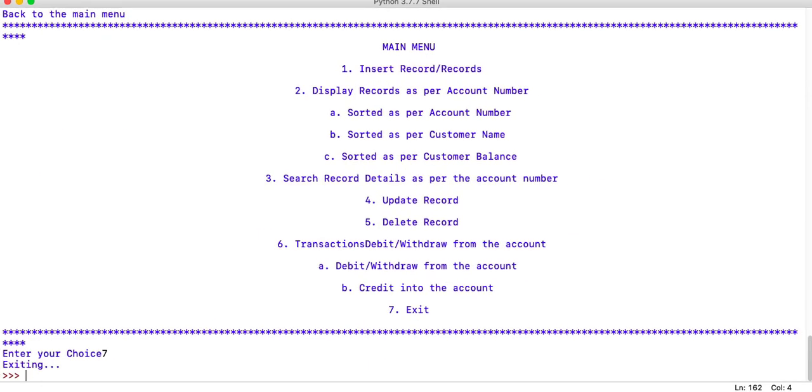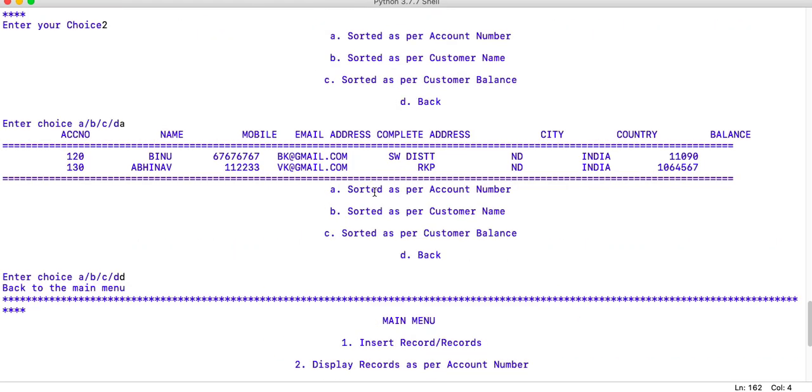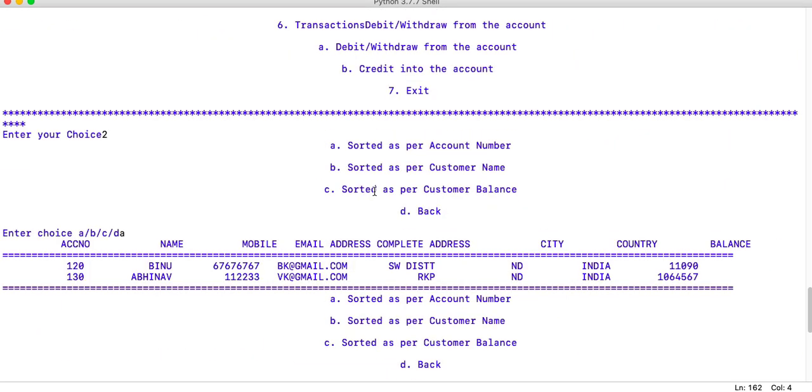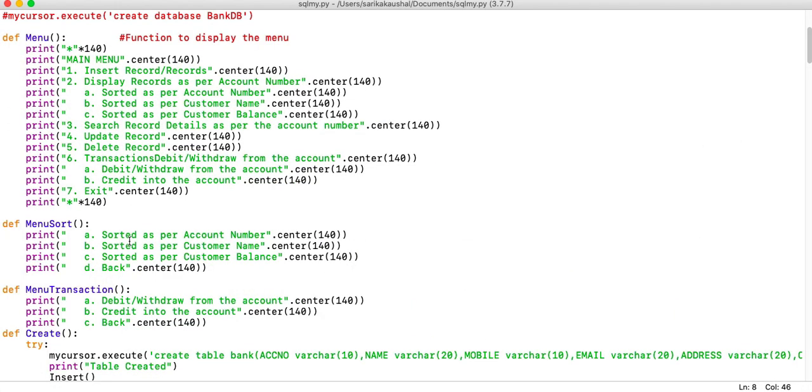When you were sorting or displaying, there was a sub menu shown. Similarly, when I show you the transaction, you will also see the sub transaction options, that means credit as well as debit. So I have created two sub menu options: one for displaying, and the other for transaction.